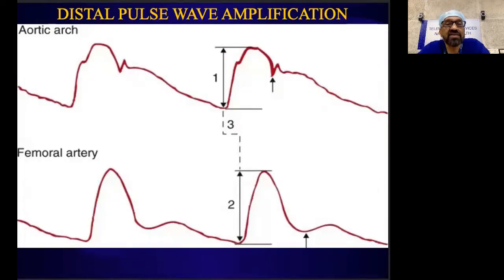The pulse wave, as it passes from the central to the peripheral arterial system, becomes amplified. When compared to the pressure in the aortic arch, the more peripherally recorded femoral arterial pressure waveform characteristics are shown here. The pulse pressure becomes wider in the peripheral artery, and there is a delayed upstroke as compared to the central artery. And thirdly, the dicrotic notch becomes more slurred as we reach the peripheral artery.